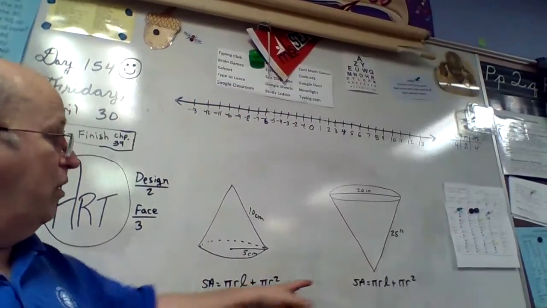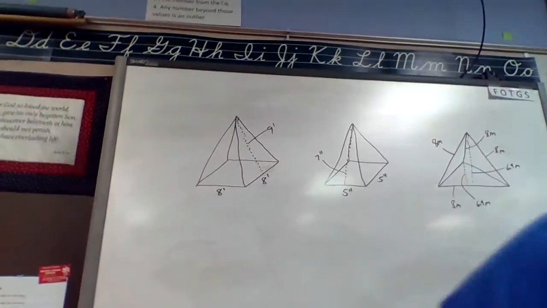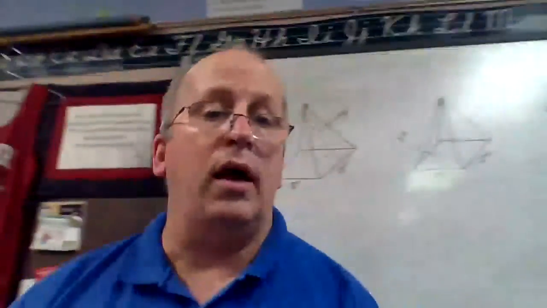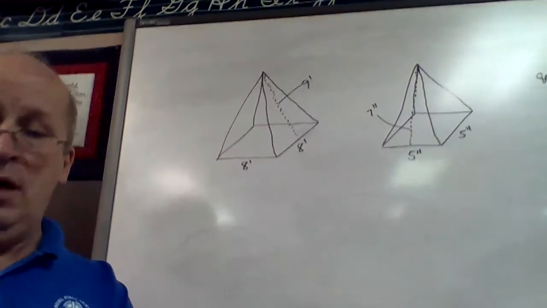Cones, you just fill in a formula and you're set to go as long as you calculate properly. Pyramids, a little bit more complicated, but not too bad. I don't think you're going to have too many problems with this. Let's look at our first shape. This is 11-5,